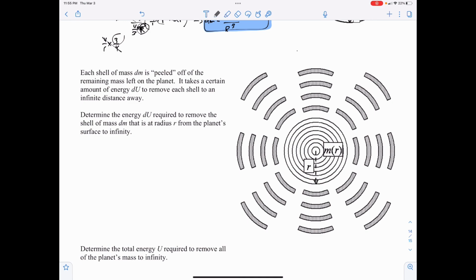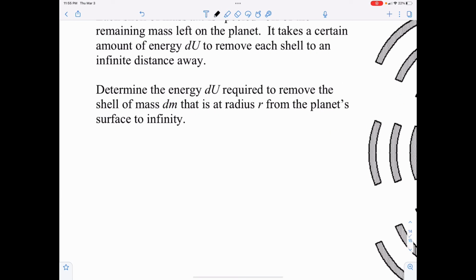Okay, if you remember the ratio of volumes, look that up from the previous part of the problem, and that's little m is equal to big M times the ratio of the volumes, right? Which was r cubed over big R cubed. Okay, and what I'm going to do at this point,